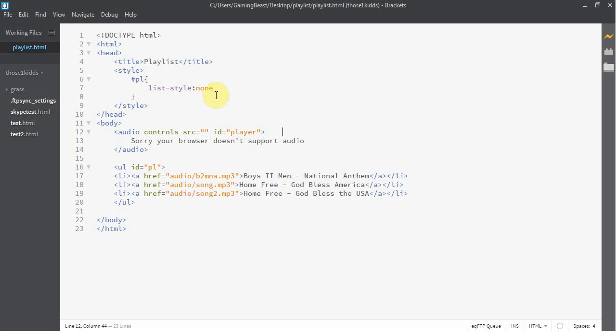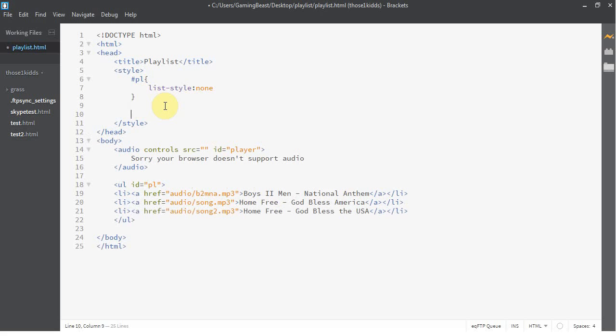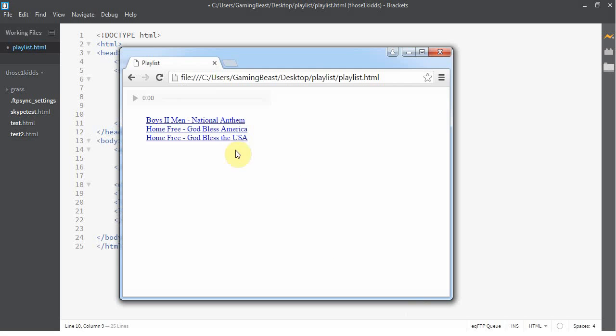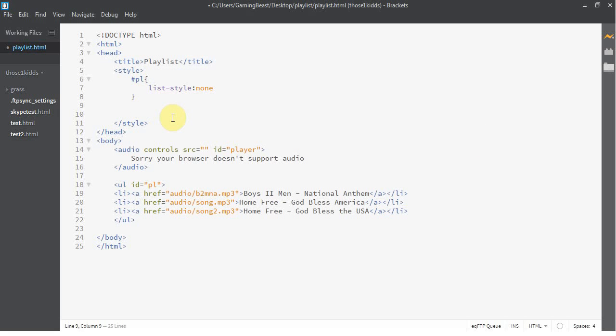Okay, the next thing I want to change is the A tags because I don't really like how they're blue. I want to get rid of the underline. I want to get rid of the color here. Just change up the color. So again, we got PL, and then I'm going to go to LI, and then I'm going to go to